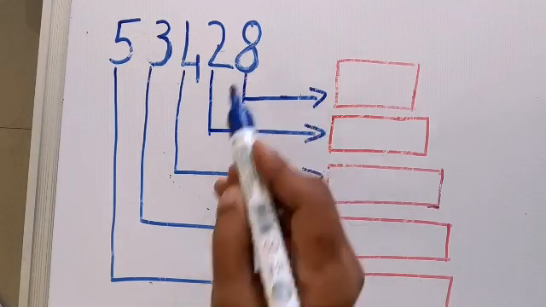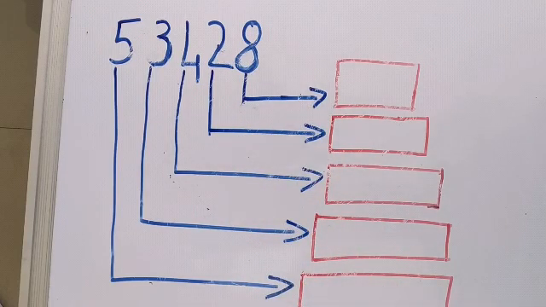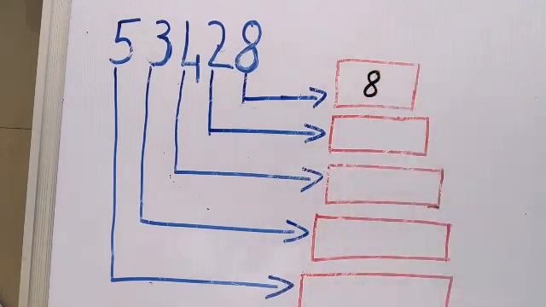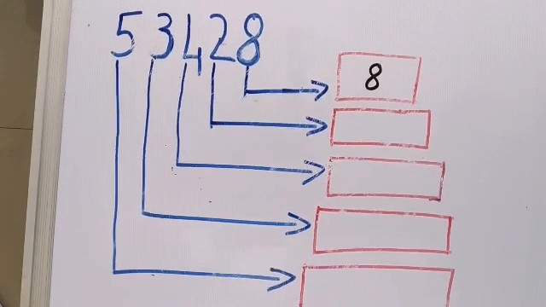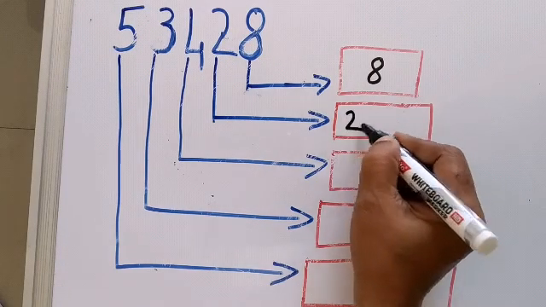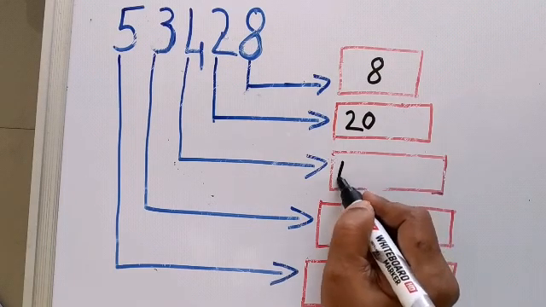So now first in the units place. The digit in the ones place or the units place is 8. So how do we write this? We will write this as 8. Okay? Then you have 2 in the tens place. The digit in the tens place is 2, so it is written as 20. The digit in the hundreds place is 4, so it is written as